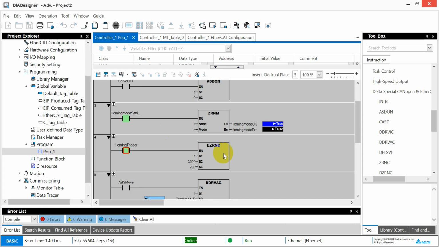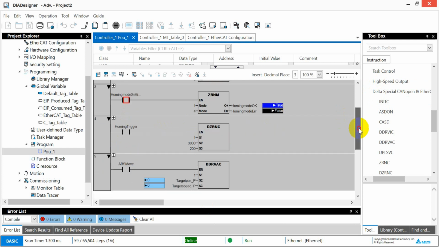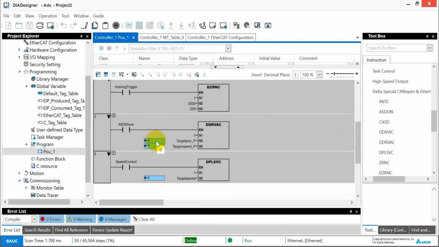And then we can turn this off, and then run the absolute movement. As I mentioned here, we use 50,000, which means the motor will rotate 5 times, and the speed is 100 RPM. Okay, then we can trigger,